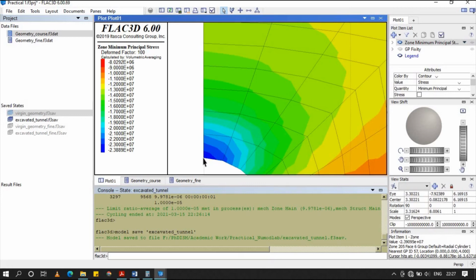You can see it is coming around minus 2.39 e+07, which means 23.9, almost 24 MPa, right?